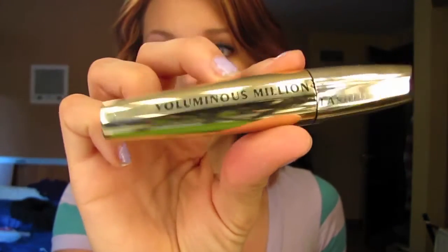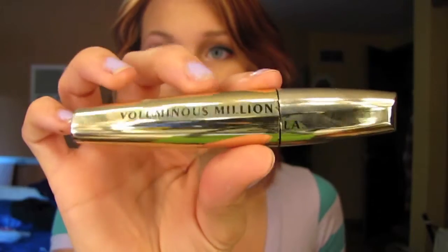They are both L'Oreal mascaras actually. I curl, this is what I do. I curl my lashes twice. I curl the base ones, that just makes sense. I curl the ends, and then I curl the base. So curl the ends, and then I go back and curl the base, so it kind of has a double curl, so it curls more than it would with just one kink, you know what I mean? Okay, and then my next step is I put on the, that's gonna be really shiny, Voluminous Million Lashes,